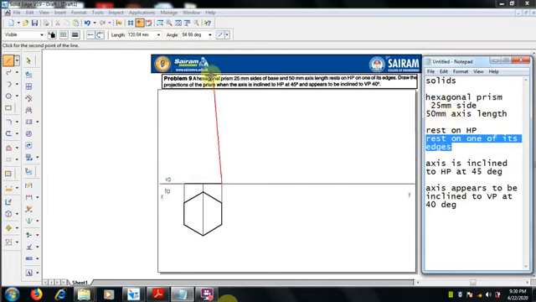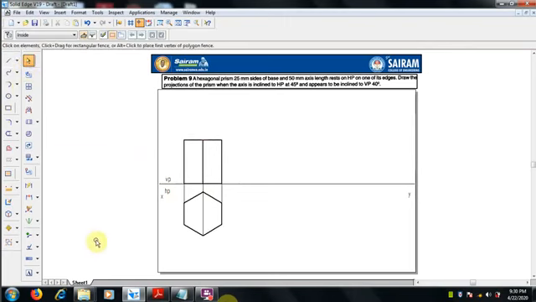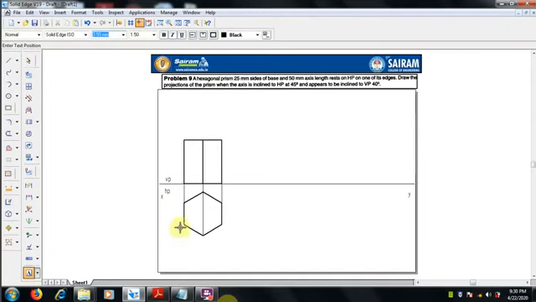Since it's a prism, the side we can take as 50 mm height at exactly 90 degrees, and by using the alignment indicator we can finish it. This is the front view, resting on edge position. We will get the top view and the front view like this.